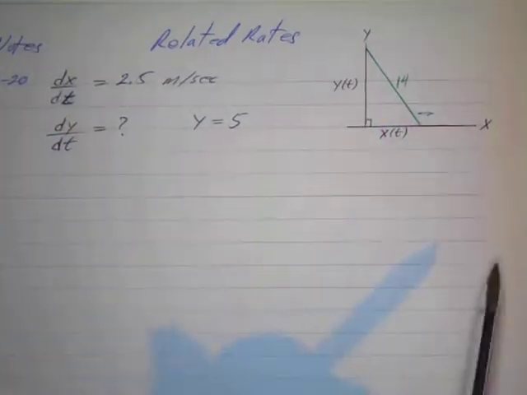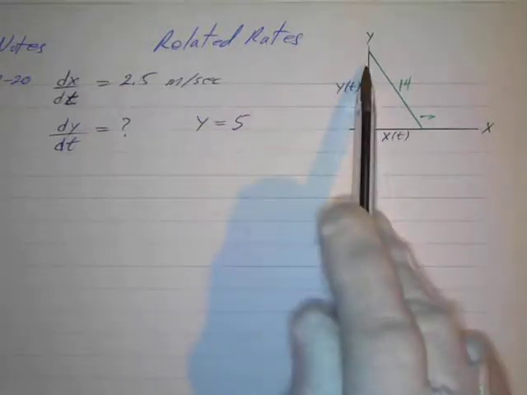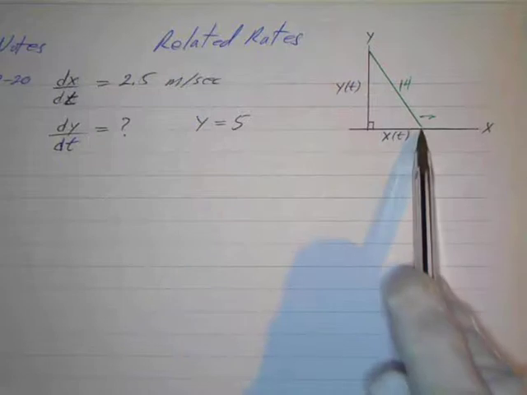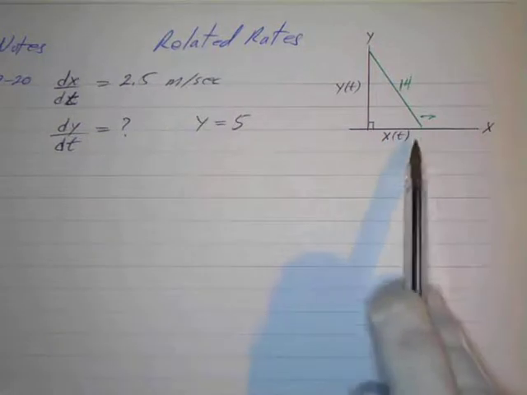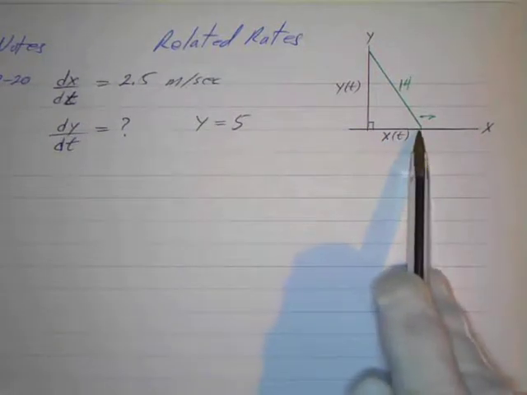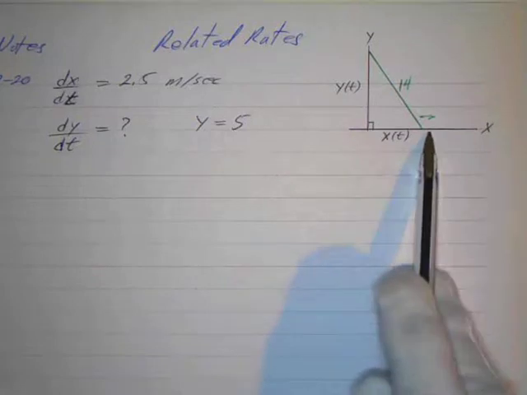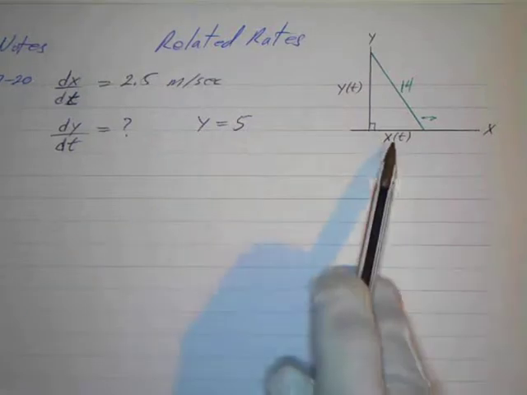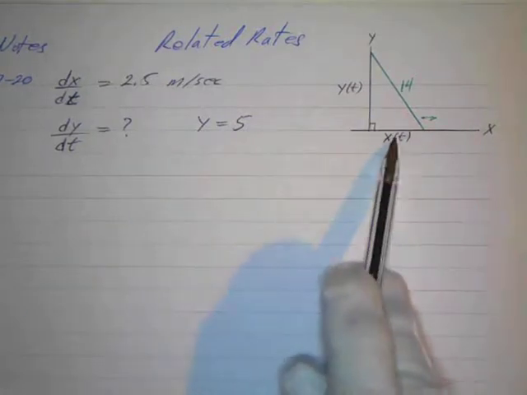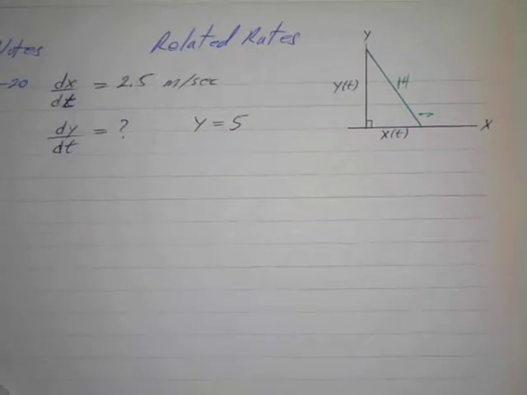Now, I did do some variations on these, so you might have noticed. Instead of saying when the ladder is so many meters up the wall, I said when the bottom of the ladder is so many feet from the base of the wall. So in that case, we're giving you an x. Read those carefully, because if we say when the bottom of the ladder is so many feet from the base of the wall, we are telling you the x, and then you still have to figure out the y. So here we have the y, and we're eventually going to have to figure out the x that goes with it. In some cases I give you the x and you have to figure out the y that goes with it. So read it carefully and watch the variations on those. Okay, so